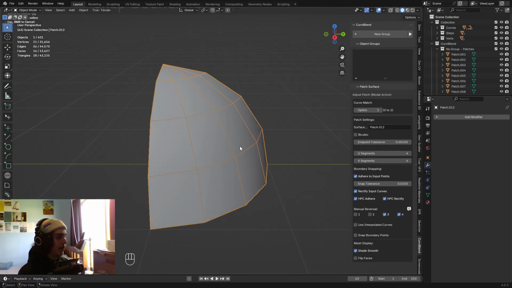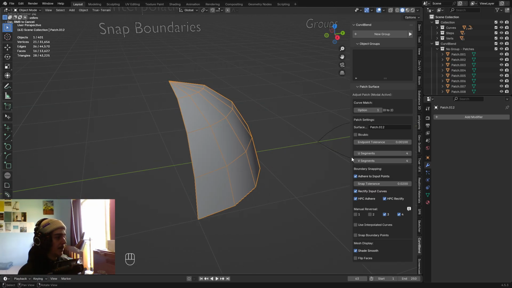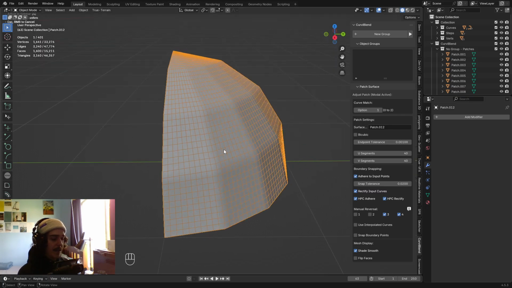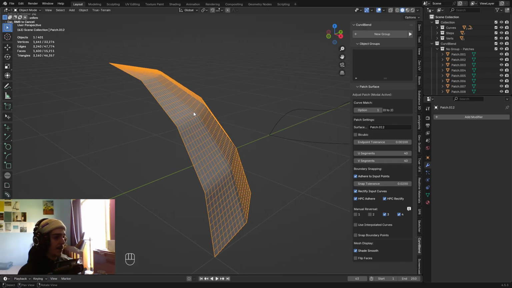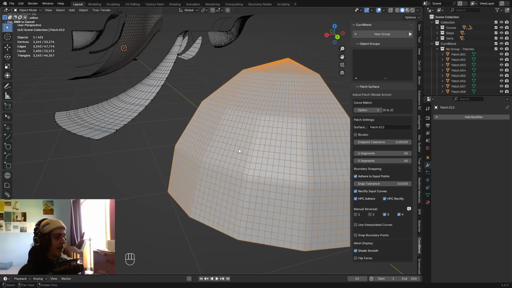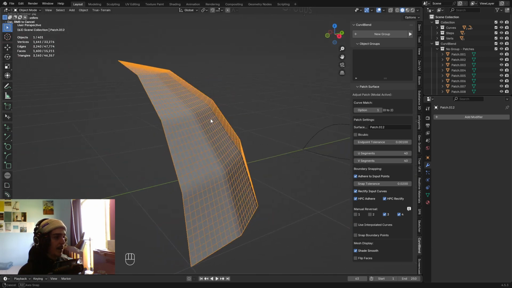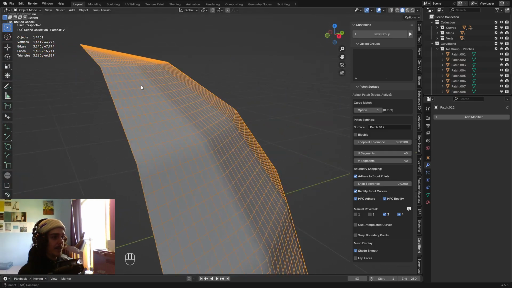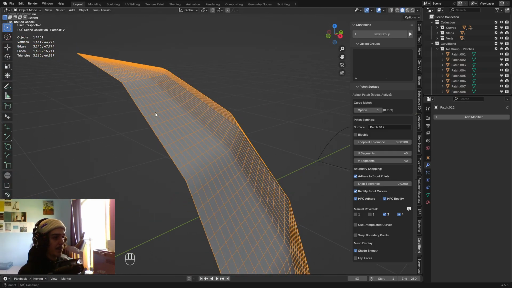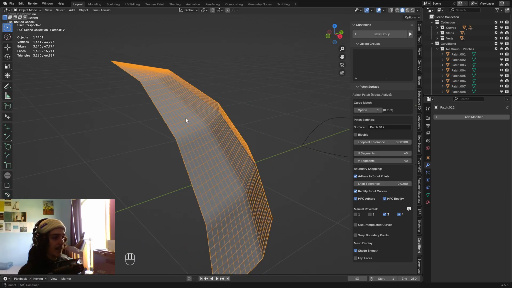And what happens when we want to increase the resolution of this? So we can set these however high we want. And you can see that it does add that geometry for us, but it's still a very limited interpretation of that surface, because it's going to add those points, but it's going to add them directly onto the surface, the original input